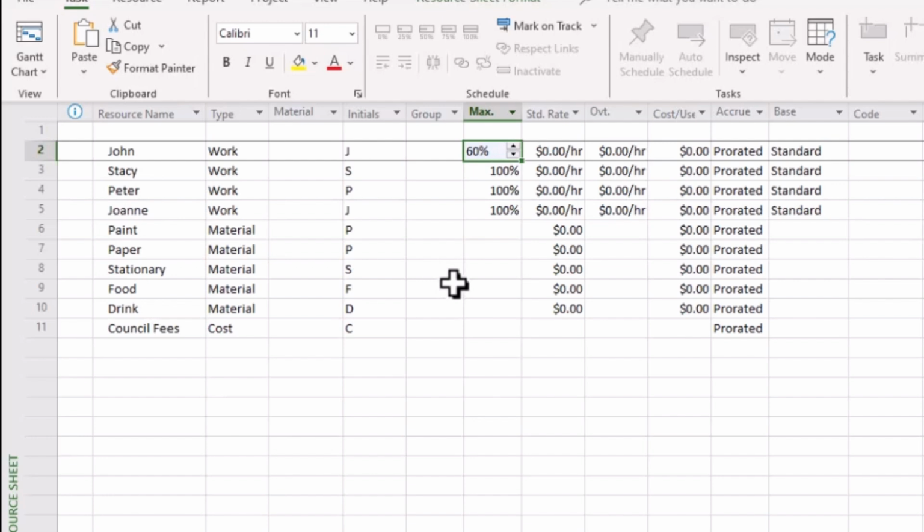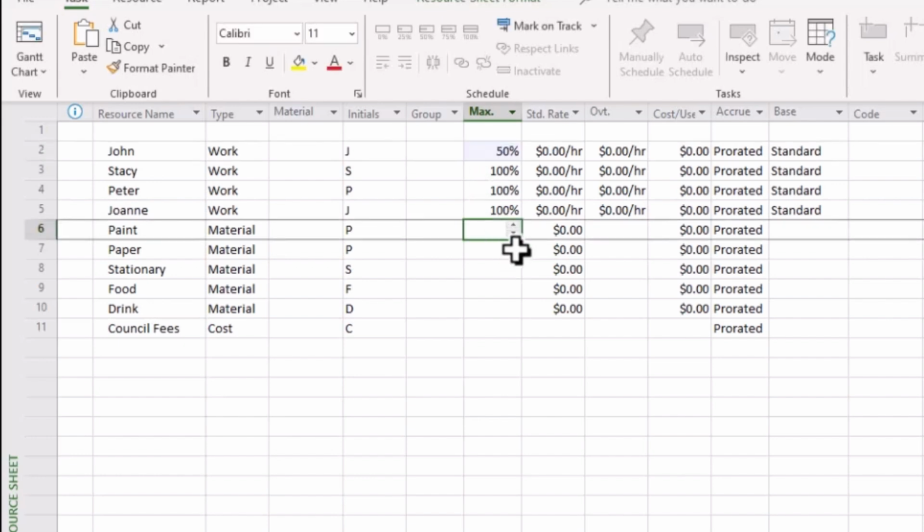So we might, from the human resource company or the contractors, get directions to say that they can only work on the project for 50% of the time. If you do that, then Microsoft Project will not exceed the maximum value for that resource to be used in this project. So it's quite an important and useful tool when you're dealing with staff that are already allocated or indeed part-time in their employment.